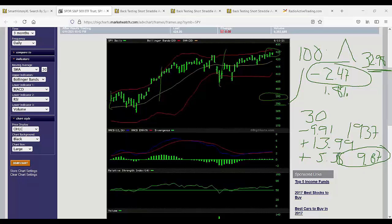This is not every stock. This is not every situation. But you can see based on what movements you're expecting, does the higher net credit that you received here for a 100-day trade negate the volatile, not saying this is volatile, but negate the movements that you see where you had a big loss here, but then you had two big gains, including almost 100% gain on the straddle, if that's how you're calculating it, in that second month,